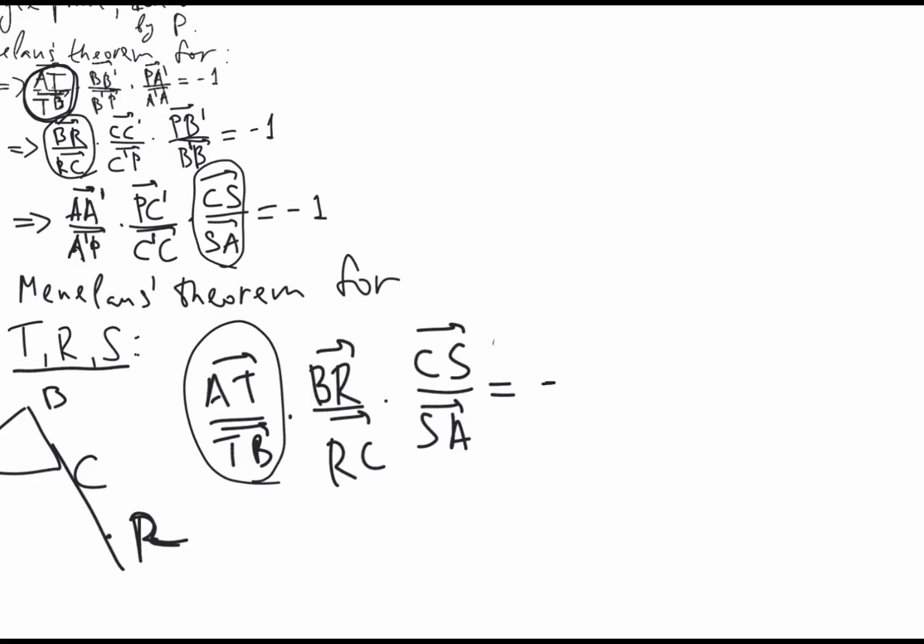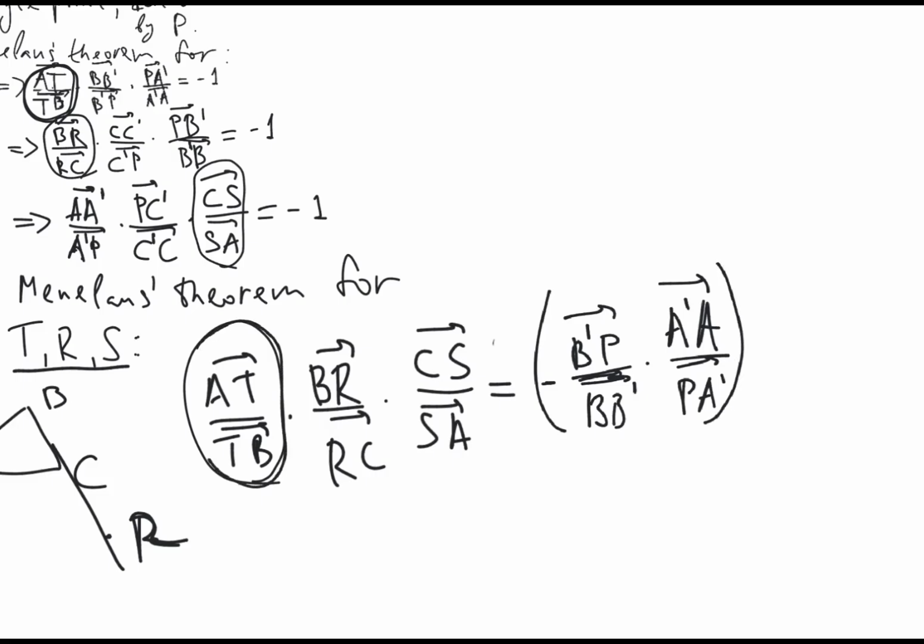So B prime P over B prime B, multiplied by A prime A over PA prime. So I rewrote the first ratio using this equality, right? Now similarly the second ratio, BR over RC, this is exactly what we have in the second equality. So this can be expressed as